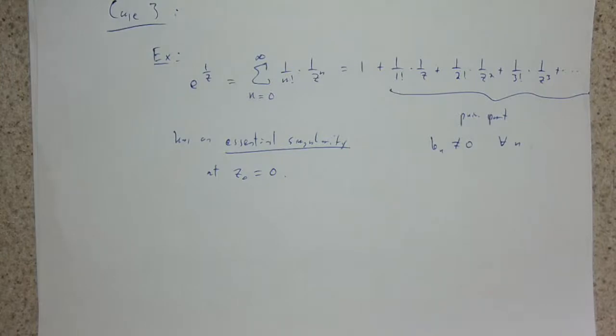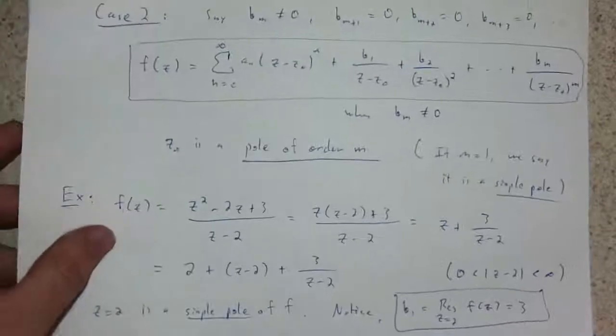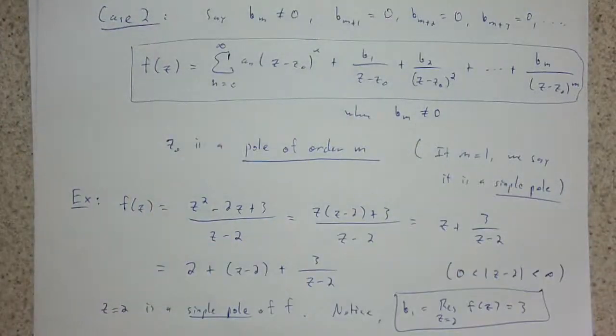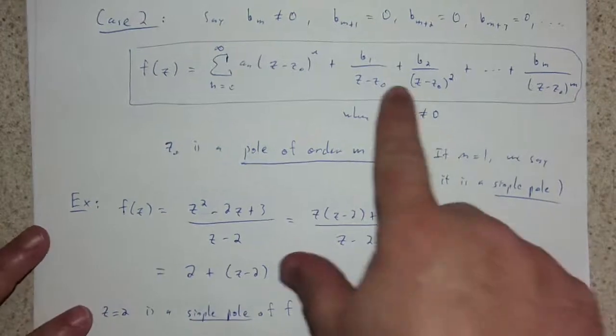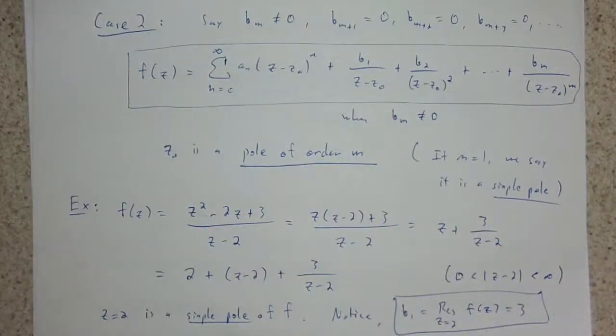So what is the best way of understanding the behavior of this versus poles and removable singularities? A way of thinking about poles, and we're going to see this in some coming theorems, is if I go back for a second and list out here what happens when you have a pole of order m. Notice that if I had an f described in this way,